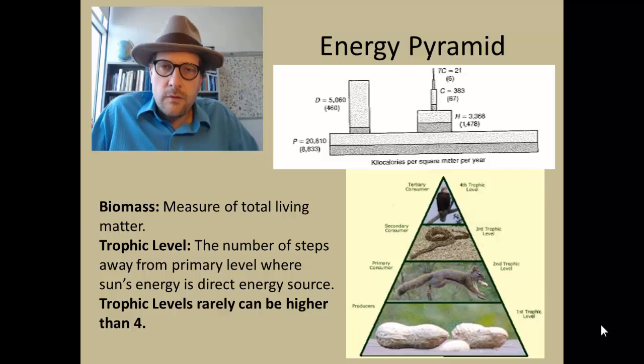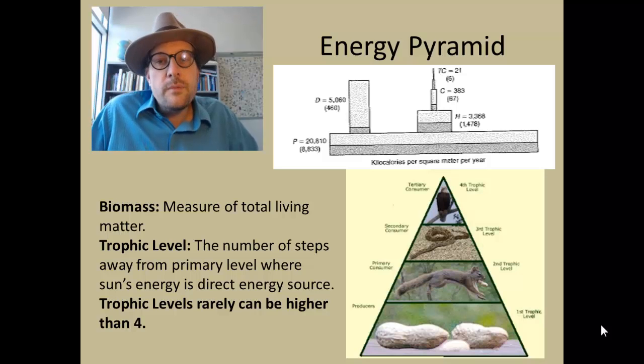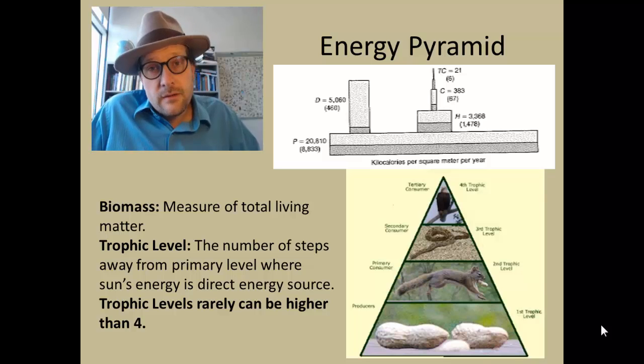The primary producers are those organisms that derive their energy from sunlight or chemical reactions. So primary producers don't necessarily need to rely on other organisms to survive. So we have primary producers, primary consumers, secondary consumers, tertiary consumers. So as you move up the energy pyramid, at the tip are going to be organisms which rely on